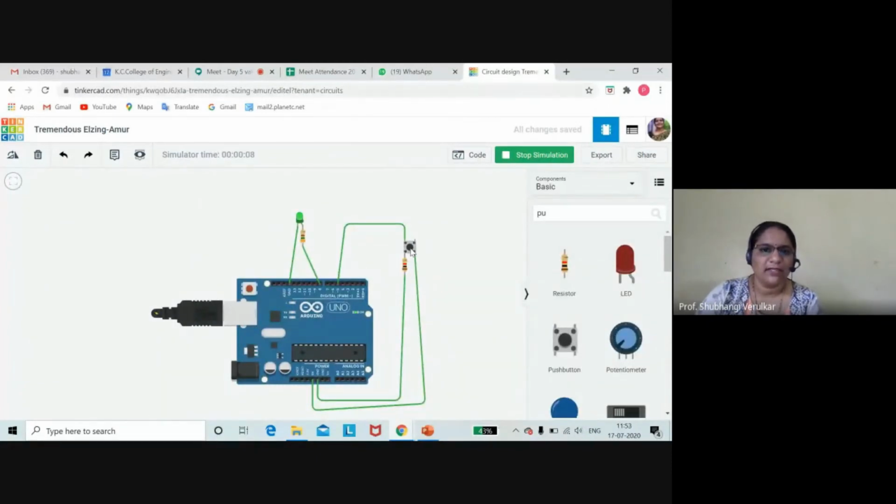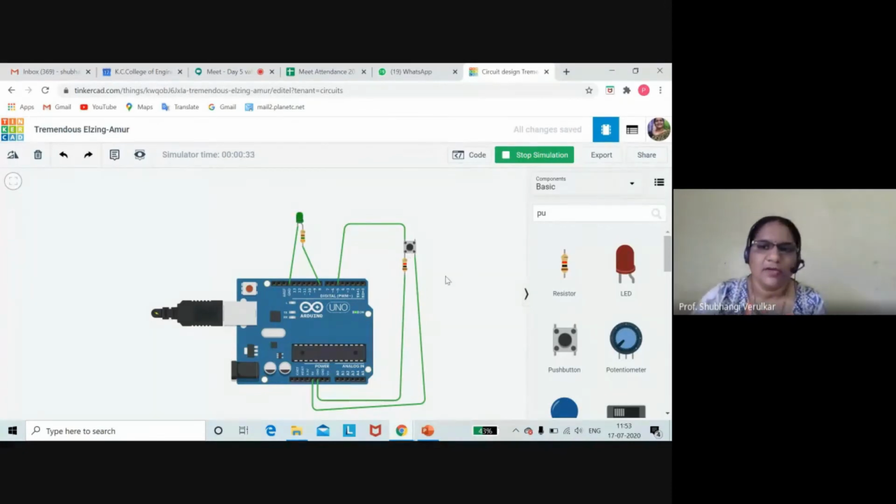Press this button, then your LED will blink. Leave this button, LED will be off. So if you want to keep your LED on for more time, then reverse the situation. Now when you press, then only your LED will blink. When you leave, LED will be off. When you press, LED will blink. So you have written situation 1. So when you press, LED will blink, otherwise LED will remain off.